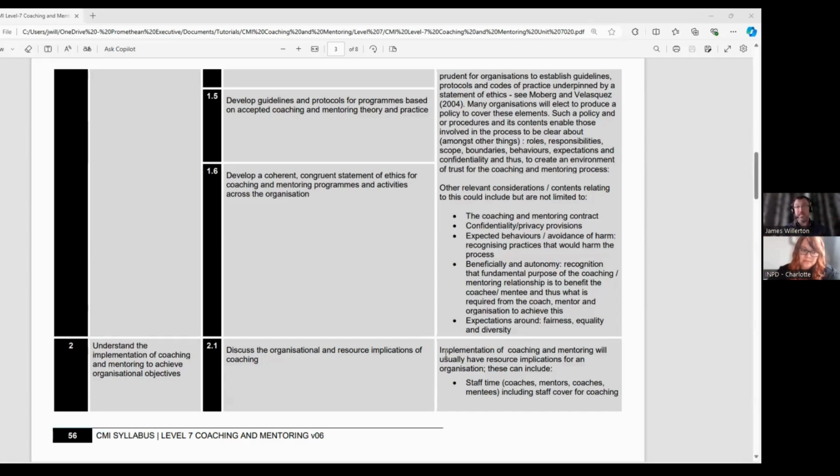Nepotism might come into play, etc. You might think around, for example, where the typical mentoring relationship is drawn from in the organization. So it could be a line manager or somebody else, a manager in the organization, versus a coach, which could be maybe external, maybe different ethical considerations. The point is trying to tease the two things apart and deal with each specifically in your answer. And that also goes for your guidelines and protocols in 1.5 as well.